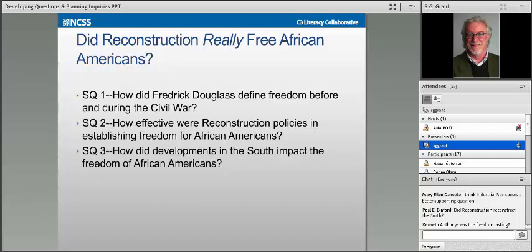But whether you use these questions or whether you use them in this order or a different order, whether you substitute a new question for supporting question 3 or throw out the whole bunch and create a whole new series, the idea is that supporting questions need to reflect the way that you want to proceed through an inquiry and build those ideas in ways that you think your particular students are going to be able to best fill the bill.